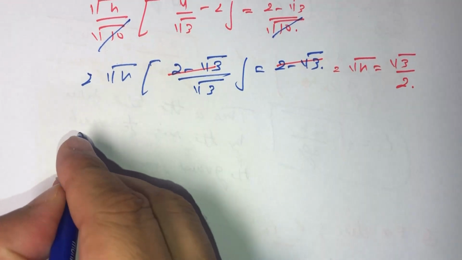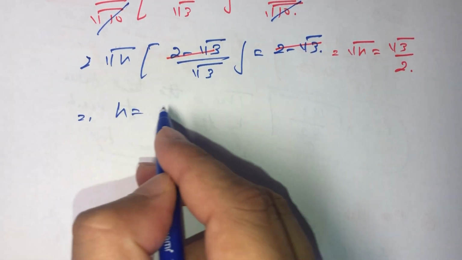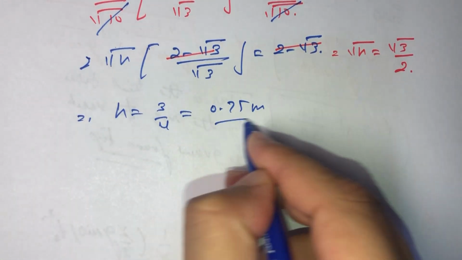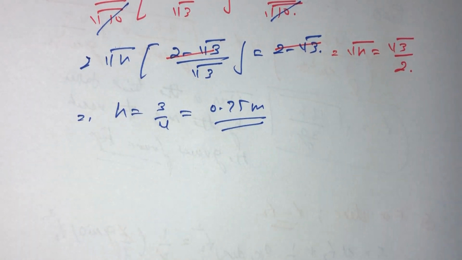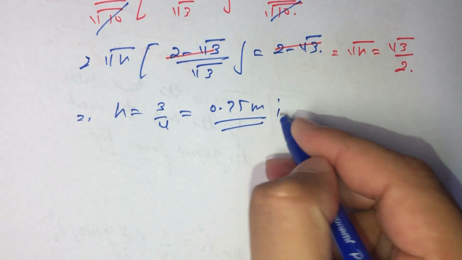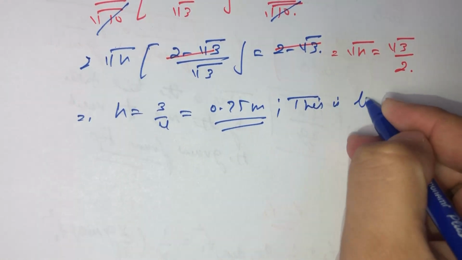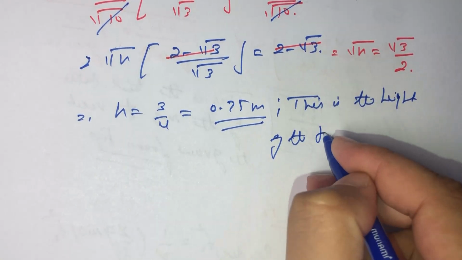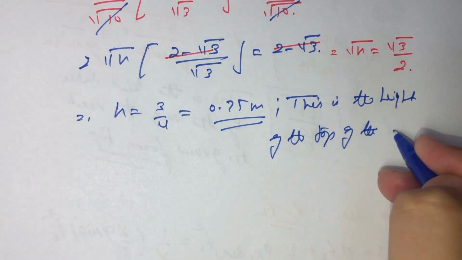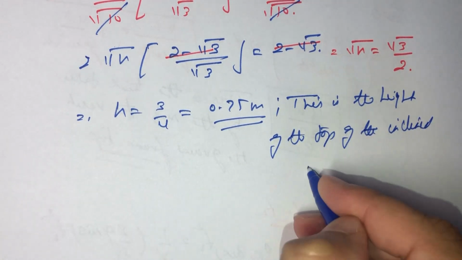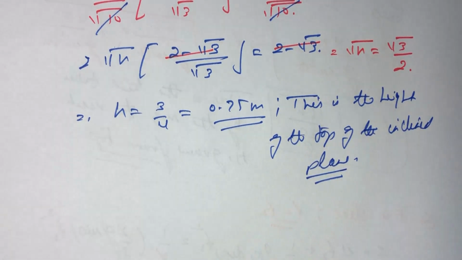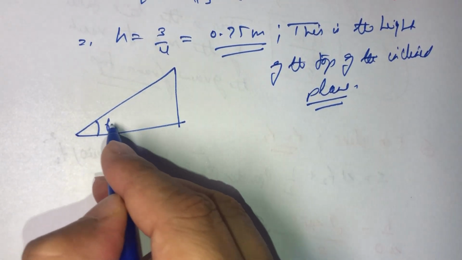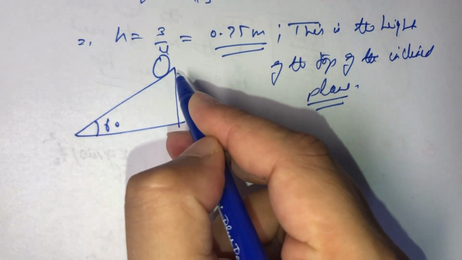Squaring, we can say h is equal to 3 by 4, and this comes at 0.75 meters. So this is the height of the top of the inclined plane. Okay. Which basically means that this was given as 60 degree, and from here